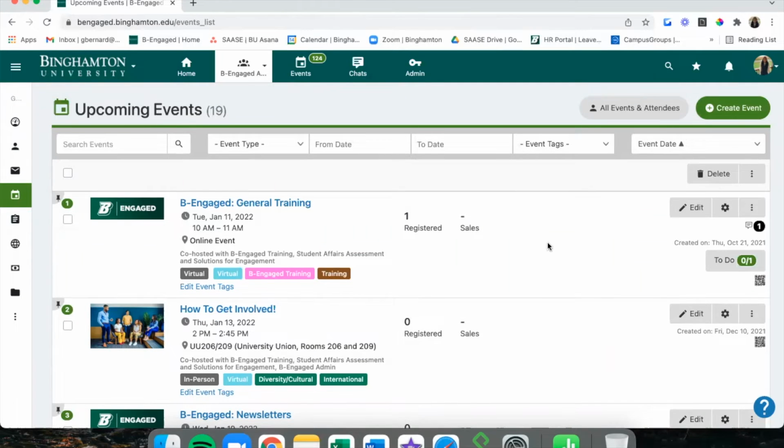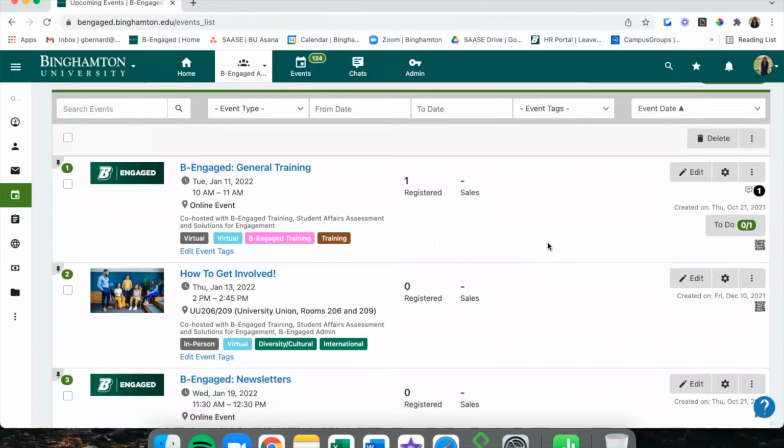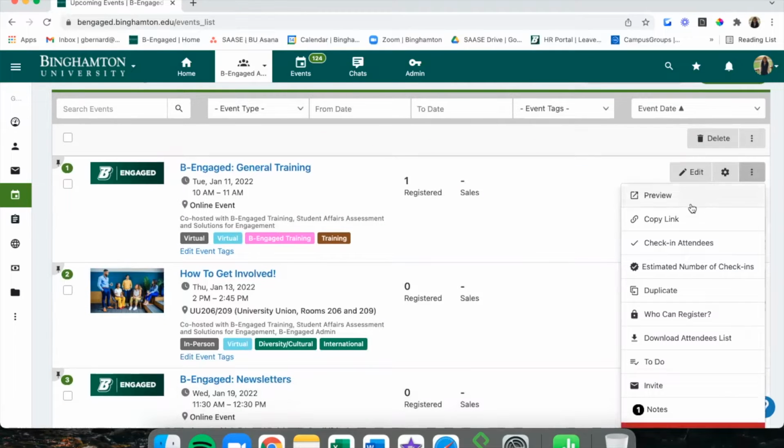So heading back onto this page, the upcoming events page, we've talked about all the options here.